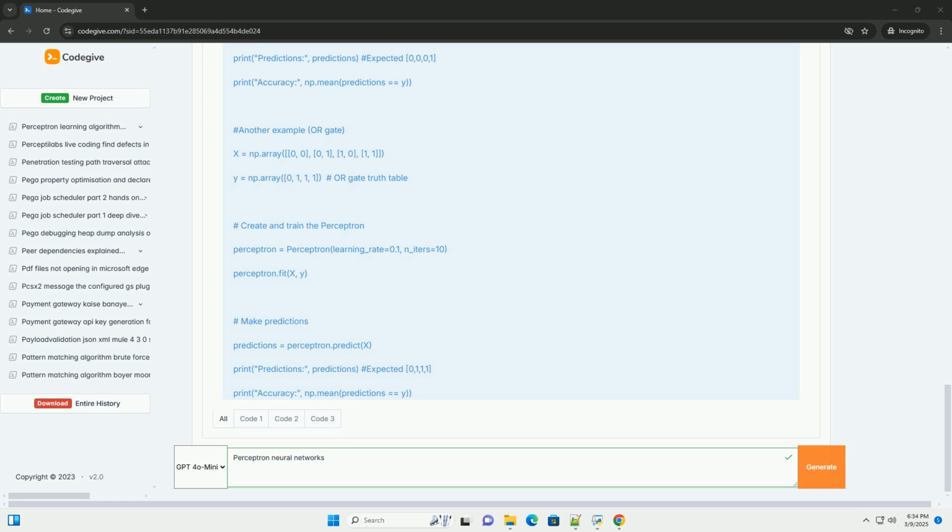How to run the code. 1. Install NumPy. If you don't have NumPy installed, install it using pip install numpy. 2. Save the code. Save the code as a Python file, example perceptron.py. 3. Run from the terminal. Open a terminal or command prompt, navigate to the directory where you saved the file, and run the code using